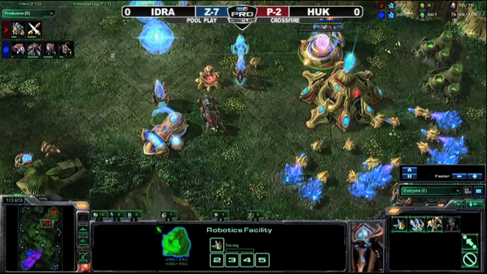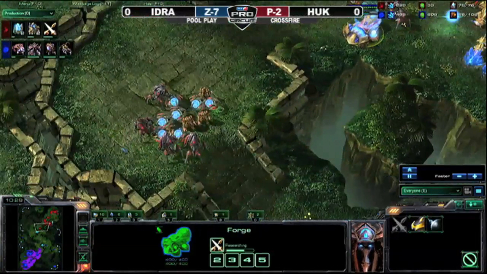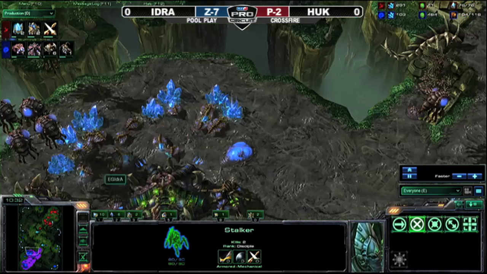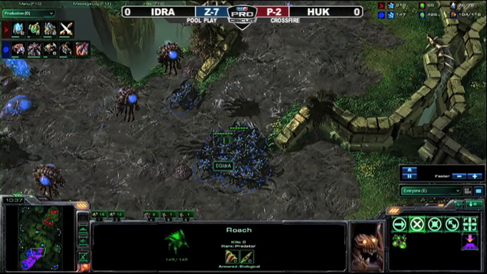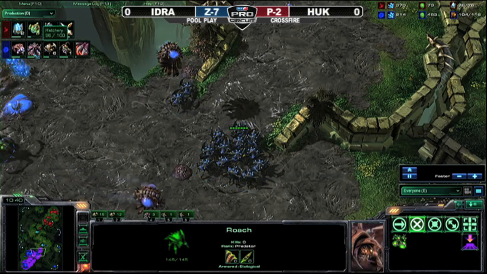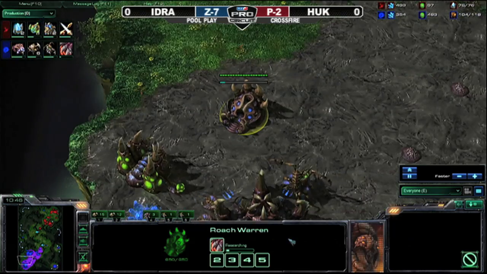Definitely. Huk is playing this out very, very slowly, but very smartly. We haven't seen any aggression by Huk. We're seeing him a little bit behind on the food count, but he still has yet to really get going. Idra now getting the evolution chamber. That third hatch is almost done, continuing to add on the roaches, and I do like this addition of the